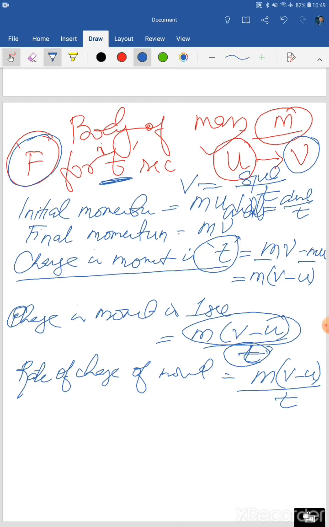All right, but in the last chapter I gave you one equation of motion, that was v equals u plus at. So from here I get v minus u. When I take this u on the left hand side, it gets minus, so v minus u equals at. And when I bring this t to the denominator,